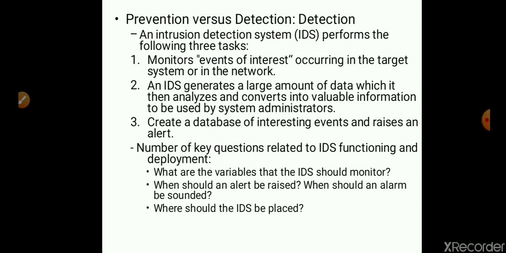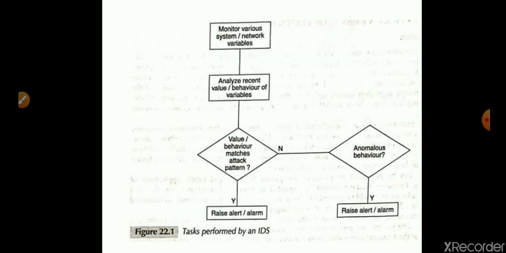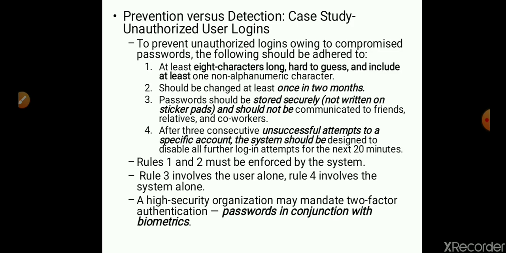The intrusion detection system is going to collect all this information and give this valuable information to the system administrator, and based on this, an alarm has to be generated to identify whether an intrusion has been detected. How we can have these variables is all based on the programmer, and how he is going to act on this. So this is the flow graph for the intrusion detection. The next one, we are looking at the case study for the unauthorized user login.